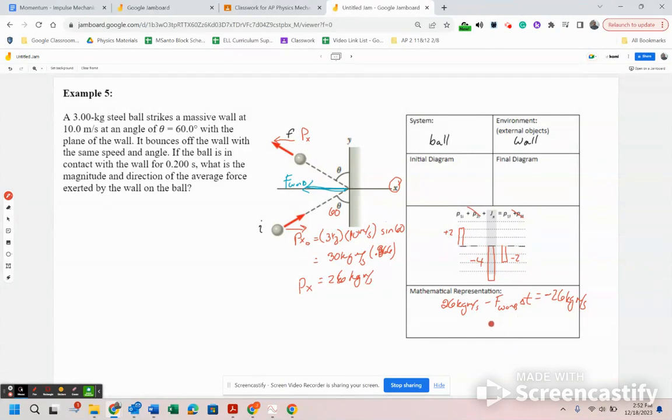So to figure out the force of the wall on the ball, we know the time here is 0.2 seconds. So we are going to have the force of the wall on the ball times 0.2 seconds is equal to -52, or excuse me, the negative force of the wall on the ball is equal to -52 kg·m/s. Divide both sides by